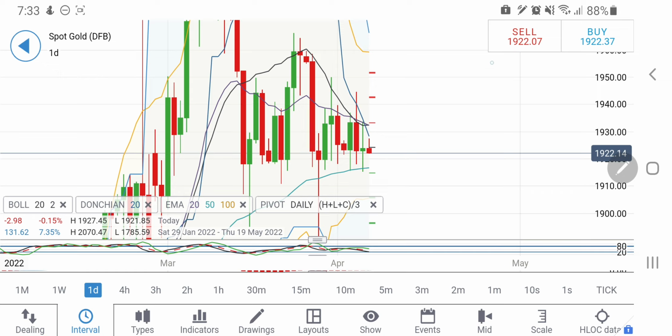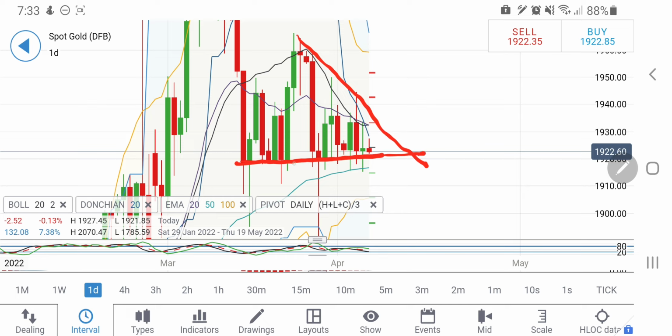Gold right now is trading at 1922 levels. You can clearly see how beautifully this level is giving resistance to gold, sustaining below these levels, and it is also trying to squeeze out here. So in between 1915 to 1920, probably we need not trade here again. The high could be again at around 1940 levels, but we have to be very cautious here because yesterday again it failed to achieve the high. So probably we will be watchful here.